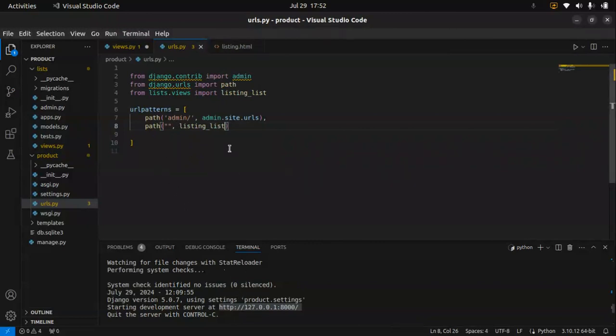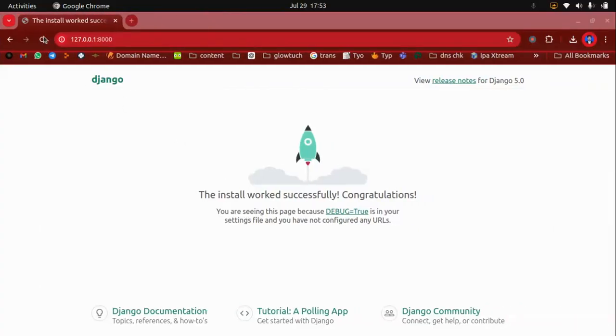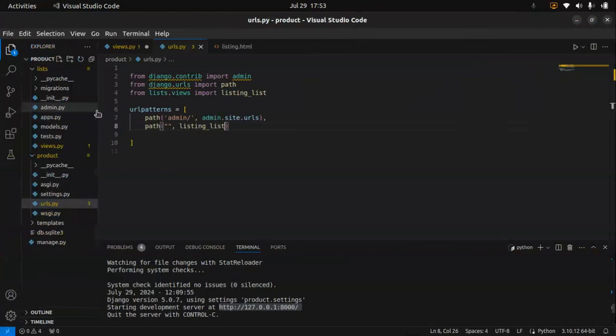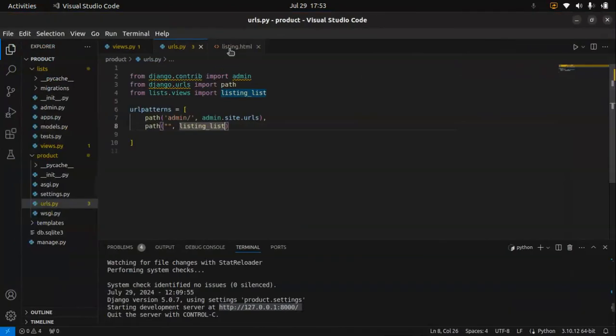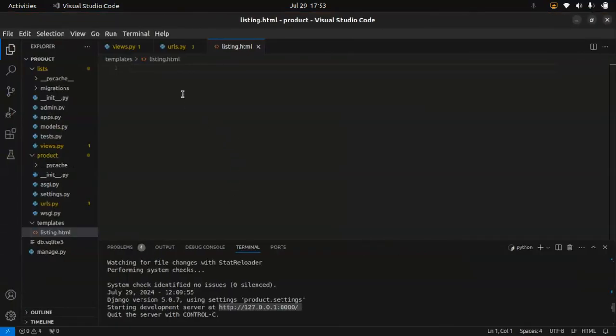Now with the empty path, you can see here, save this all and see it here. We don't have any code inside listing.html, that's why it shows blank. Inside the HTML we use the Jinja template. Django has a syntax for templates called Jinja, which is a specific HTML syntax for